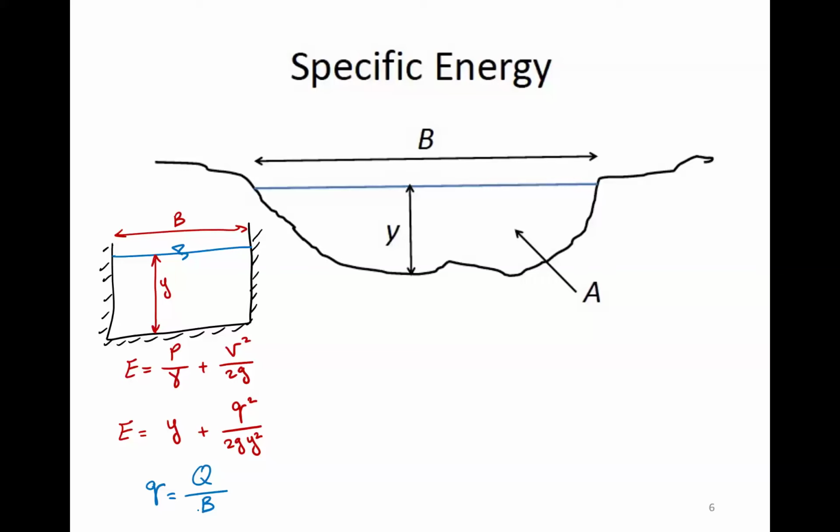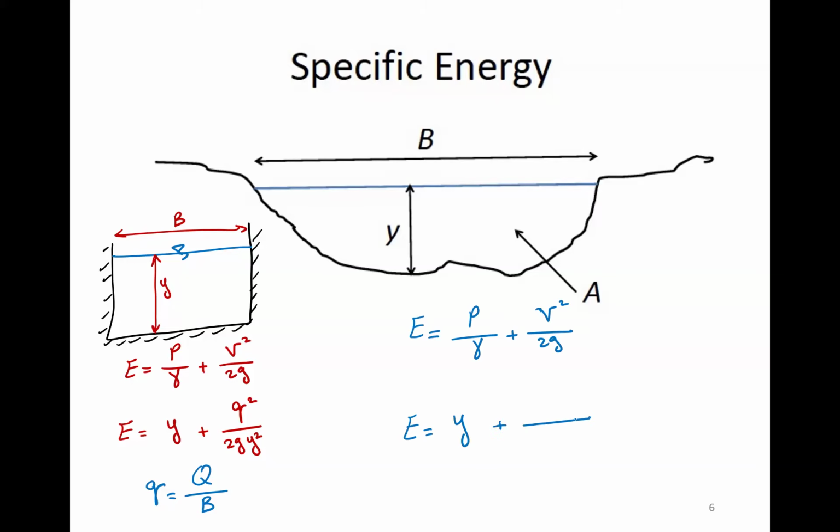Okay. Now let's go to a non-rectangular channel and see how we can translate things. So specific energy was pressure head plus velocity head. Nothing new. This is the same. Doesn't matter what the shape is. It's always the combination of these two. Now, if you have hydrostatic pressure, P over gamma is a representative depth, plus,